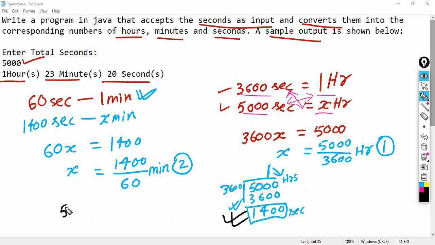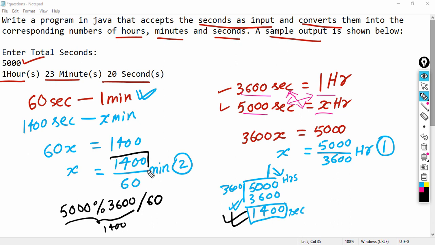So, I can write down 5000 modulus 3600. So, the result of this will be 1400, right. Now, this result if I divide by 60, this will give me the number of minutes.